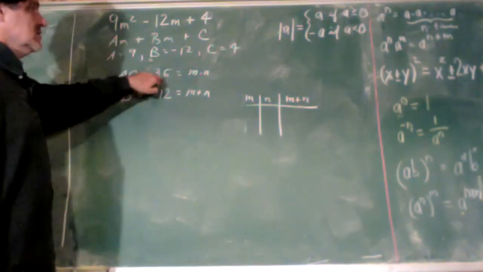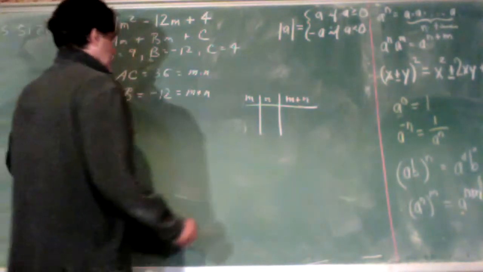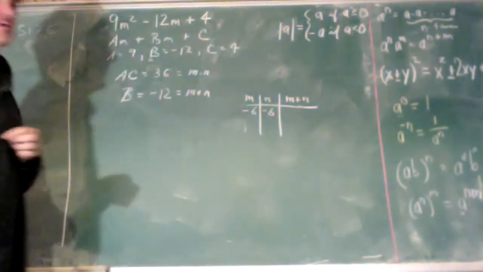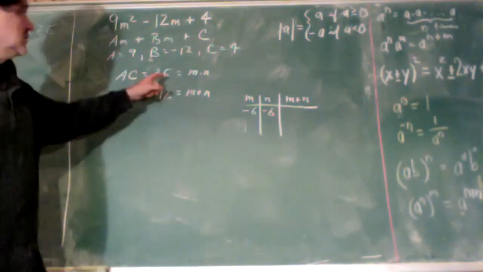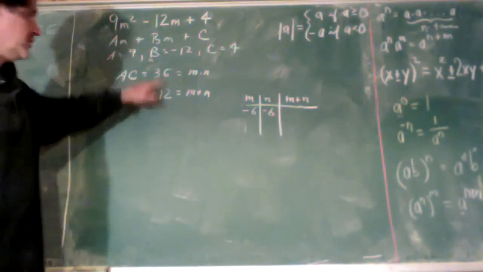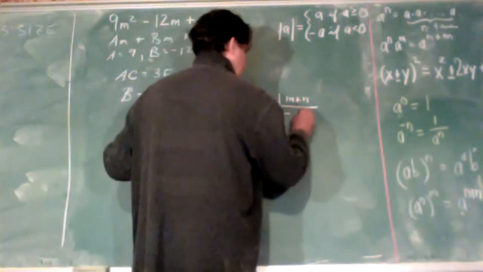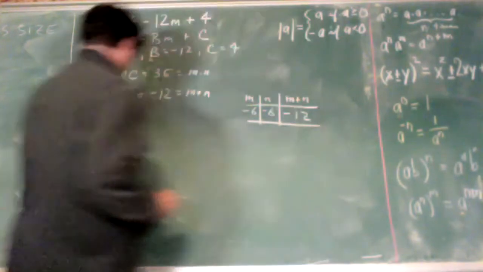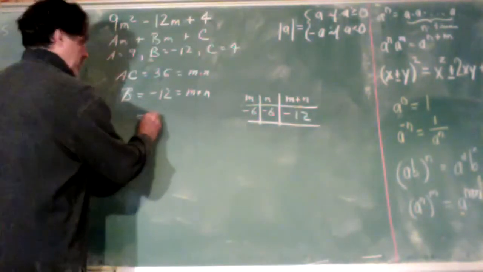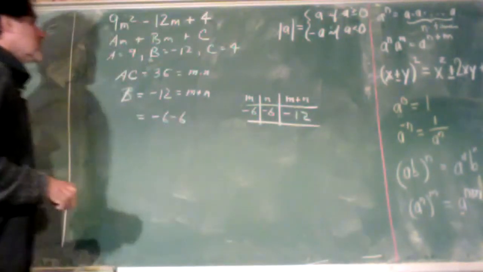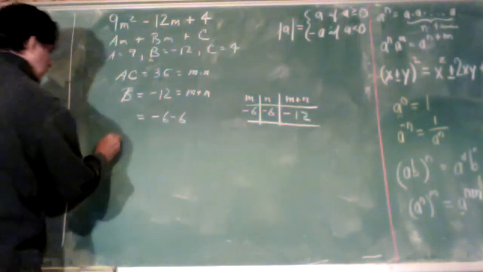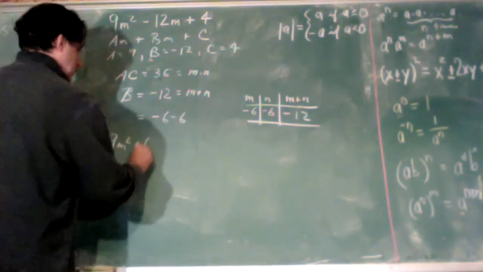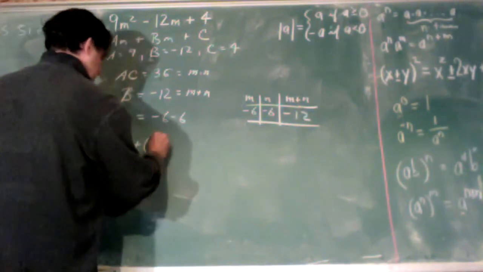In this case, I think it's fairly easy to see that if I took M to be minus 6 and N to be minus 6, the product is going to be 36 and the sum is going to be minus 12. So this tells me I can express B in the form of minus 6 minus 6. So what we want to do now to effect the factorization,